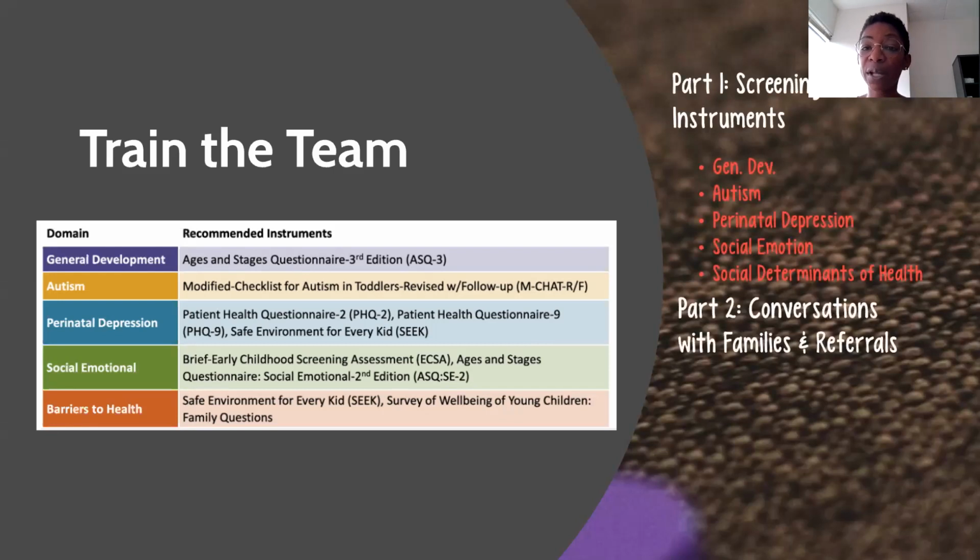Okay, and so once we have the team trained on all of the different domains and the different instruments, we go to part 2, which is pretty much making sure that that team is comfortable having conversations with the families and providing referrals and moving the families on to the next steps. Because sometimes, we know that you guys are super busy, and we want to make sure that everybody's receiving the same information, the same accurate, the same verbiage,